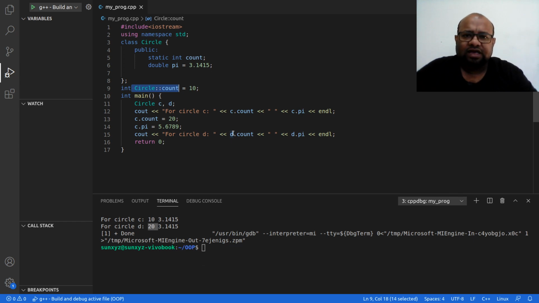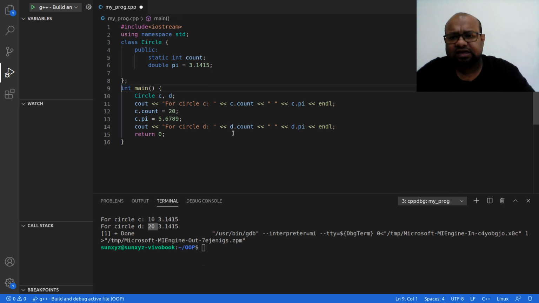For example, here our static data attribute is count and the class name is circle, so we write circle followed by scope resolution operator followed by count. So this is all about static data attribute inside a class. Now the final thing that we are going to see is static member.